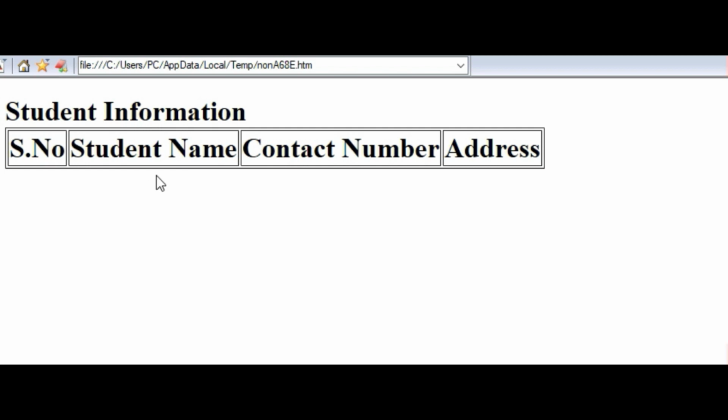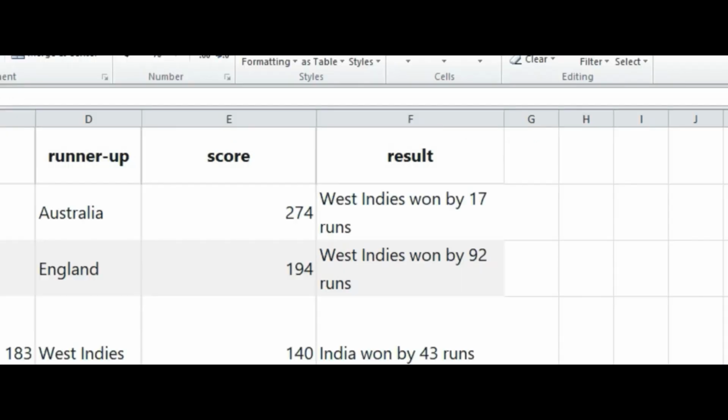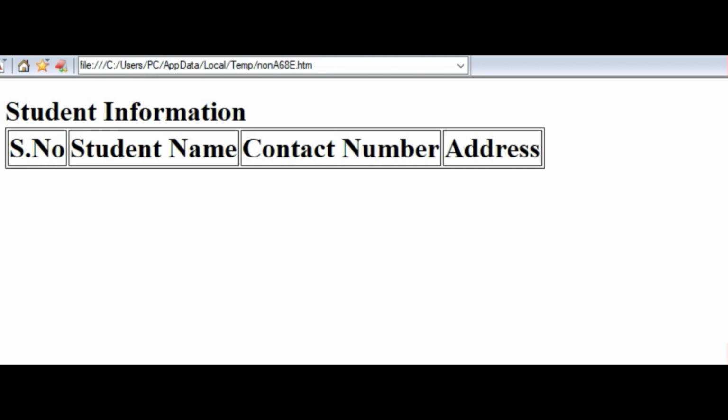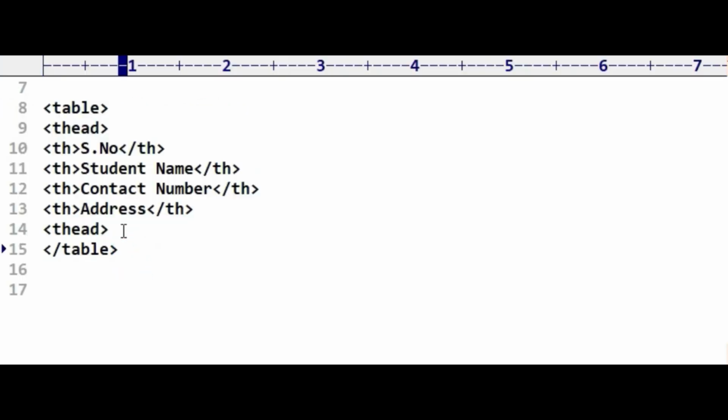So the table header is now ready. Now we need table data. For table data we require the tr tag. Inside the tr tag we will include the table data.